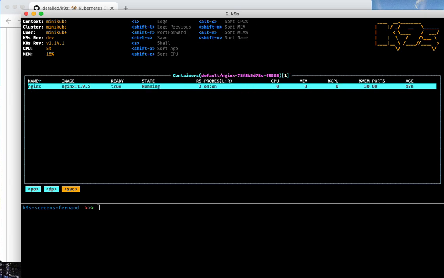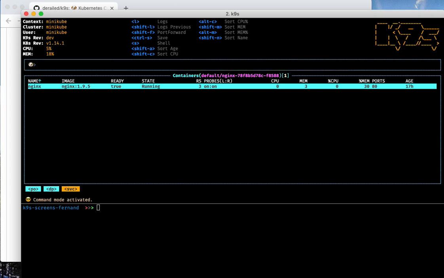Speaking of pods and containers, one of the issues that was filed many months ago was about the lack of ability to do port forwards in K9s. Well, this is no longer a lack. Given a container, in this case a container called Nginx that exposes port 80, I can now map this port to a local port, let's say 8080, and create a port forward directly in K9s.